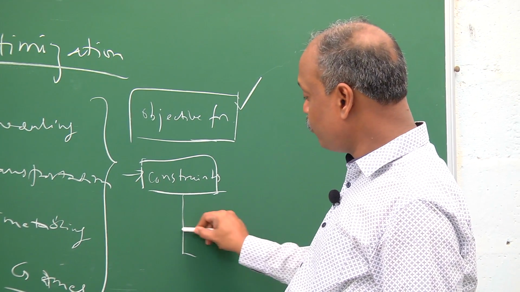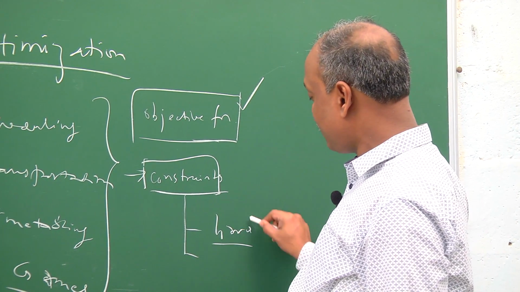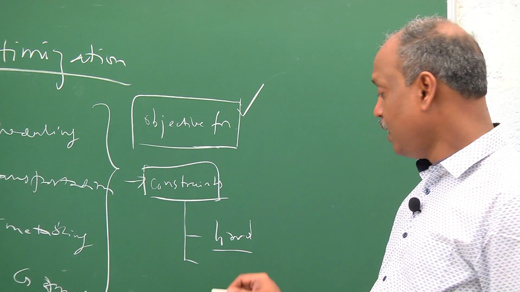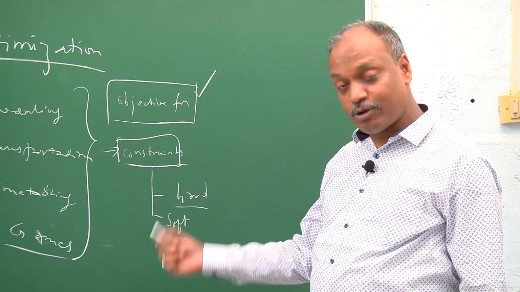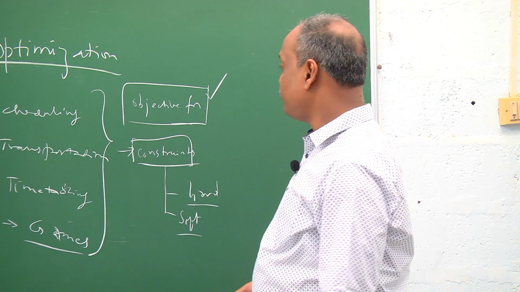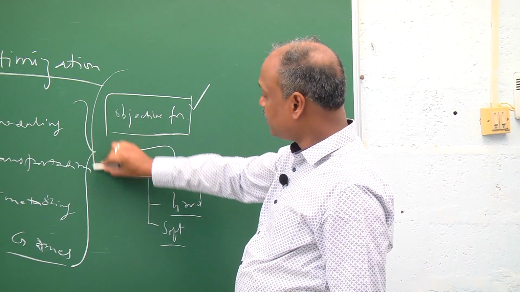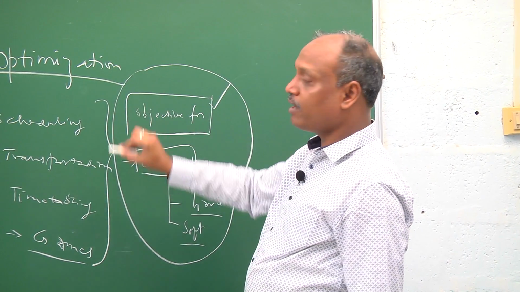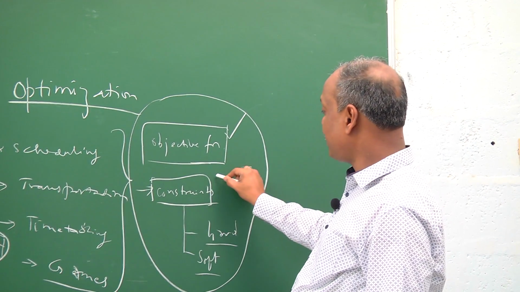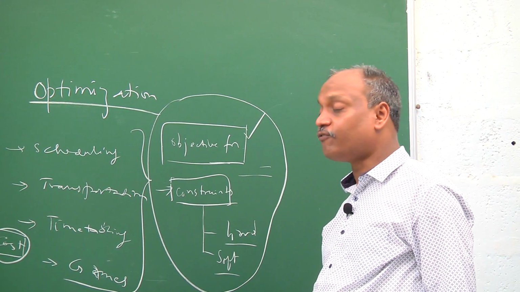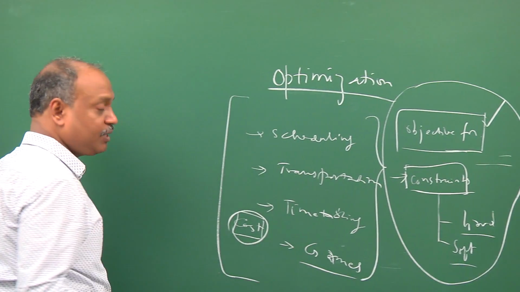Again, constraints can be of two types. They can be soft or hard. Hard means which cannot be violated at any cost. Soft means which can be violated, but we try to minimize the number of violations. So if you see, any optimization problem in AI can typically be written in the form of an optimization function with a corresponding objective function and several constraints, hard or soft. But then, what are the techniques from AI which come into the picture?